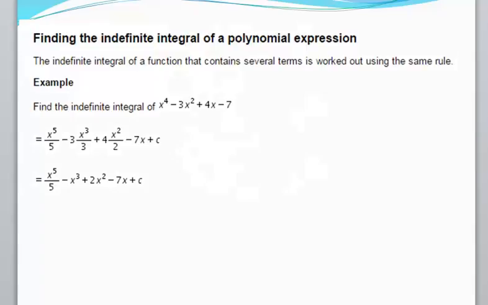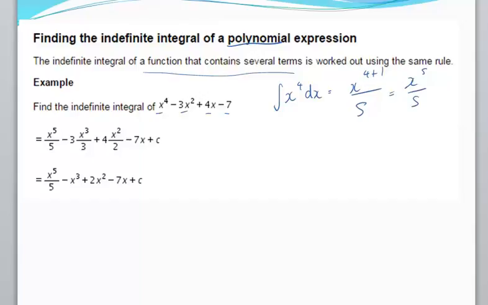So now we're looking at finding the indefinite integral of a polynomial expression. So here, this is a function that contains several terms, and we work it out using the same rule. We treat each part with our positives and negative signs separately there. So if we wanted to integrate here x to the power of 4, we're going to get x to the power of 4 plus 1 divided by 4 plus 1 is 5, so x to the power of 5